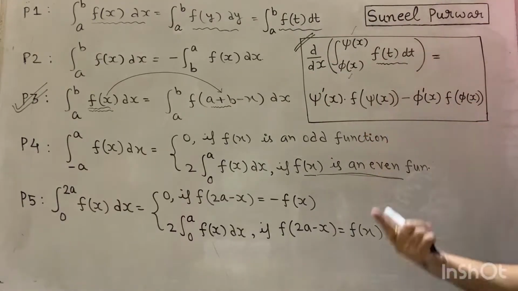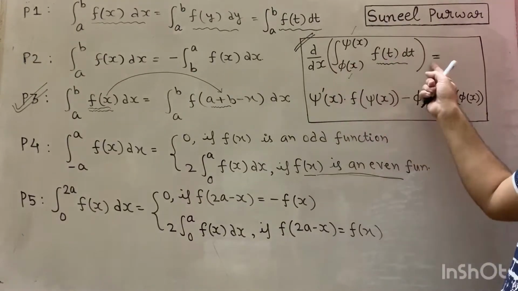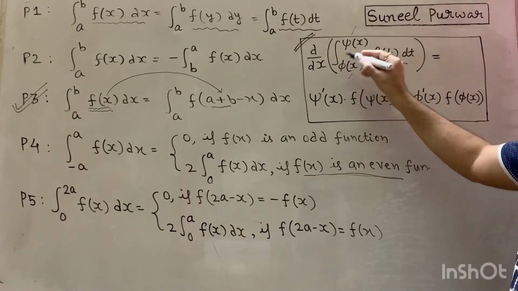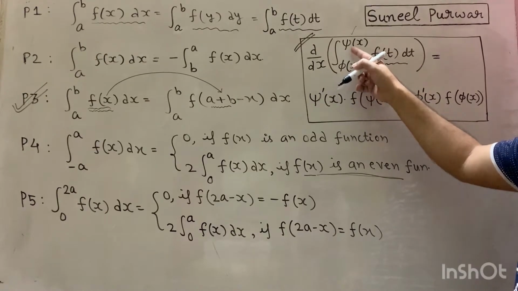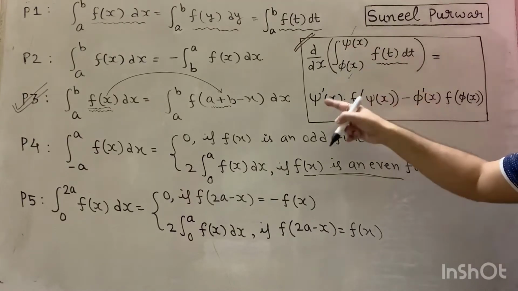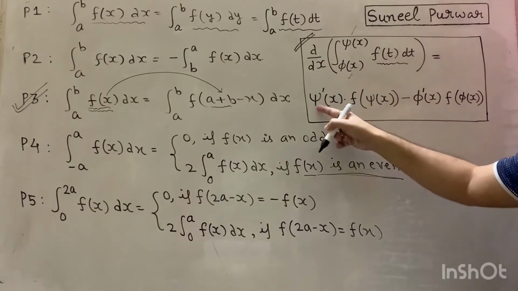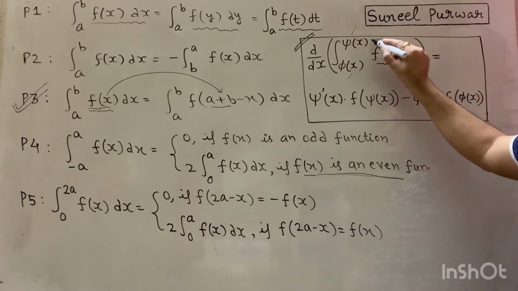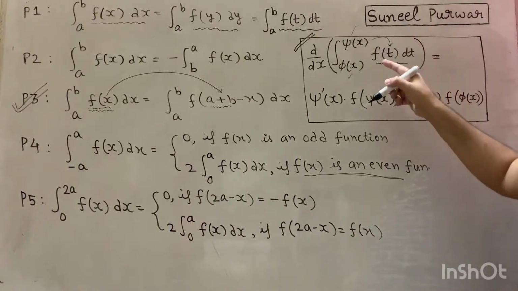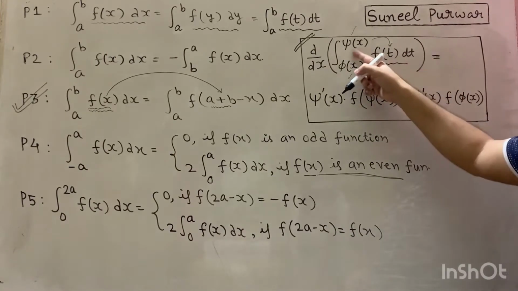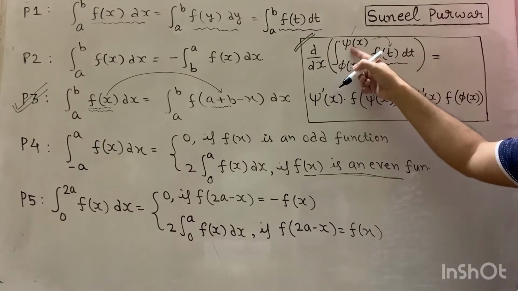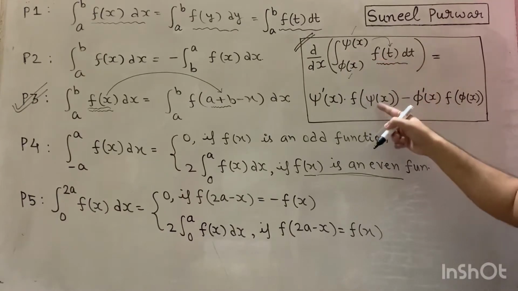X. तो उसको कैसे डिफरेंशिएट करते हैं, उसका डेरिवेटिव कैसे लिखना है? First of all differentiate the upper limit, okay, this is lower limit phi x, upper limit psi x, okay? So psi x, differentiate psi x, you get psi dash x, and substitute the same limit in the integrand, okay? If it is function of t, so t will be replaced by what? Upper limit, which is psi x right now. So it will become f of psi x.